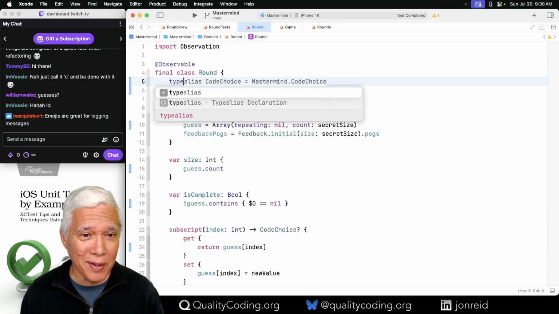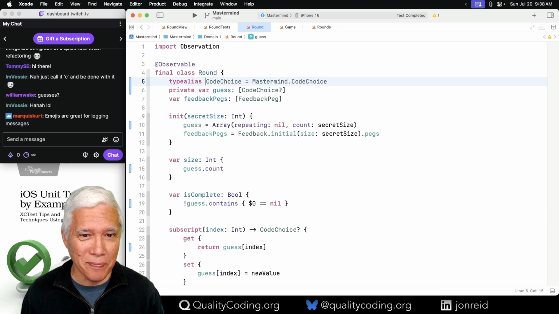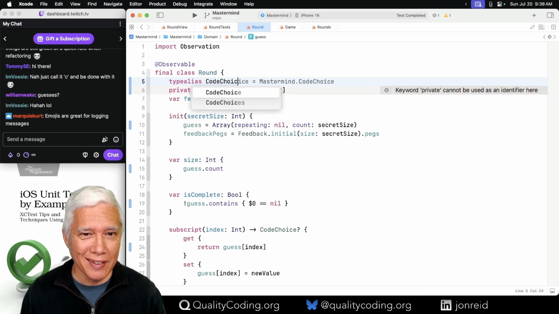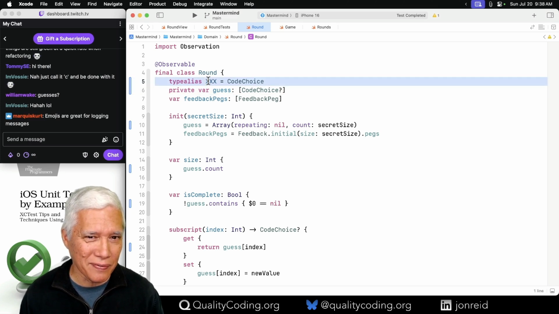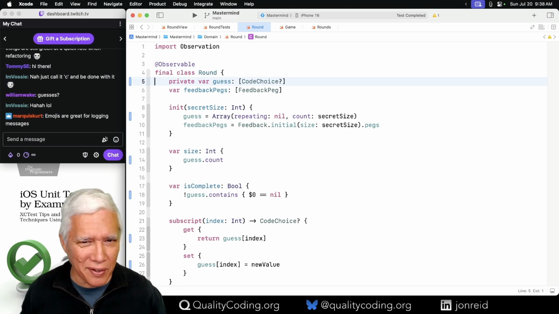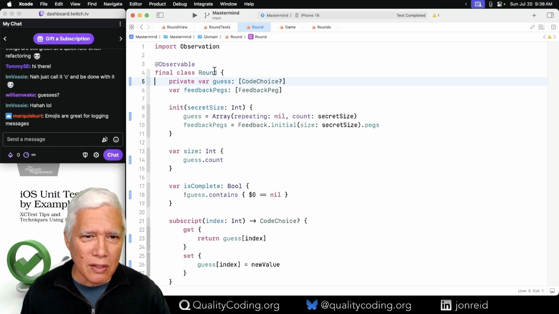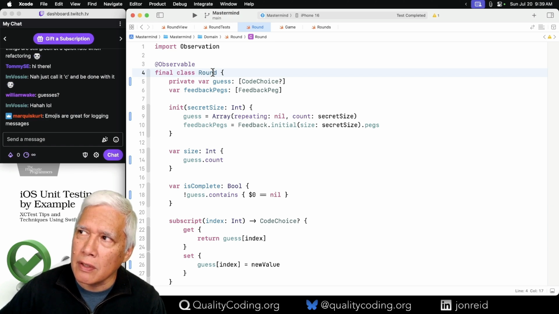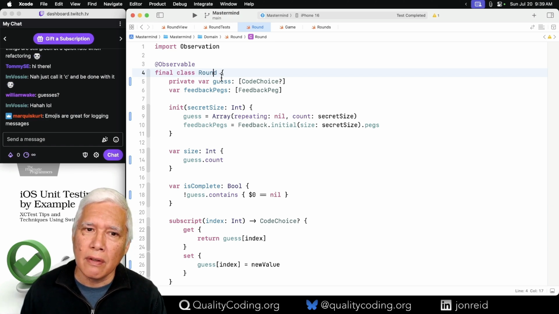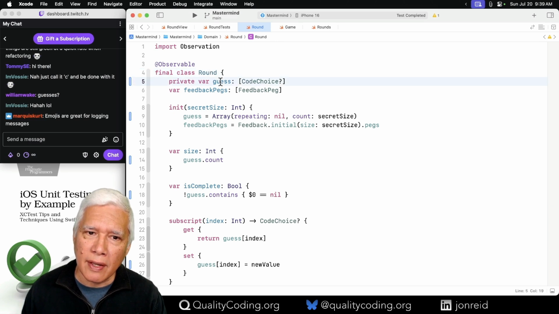Great for logging, but I'm talking about pretending I have an emoji here, so instead of XXX, having the confused face or whatever it is, just to really mess it up. Yeah, a round can only have a single guess. But a round now has the guess and the pegs.